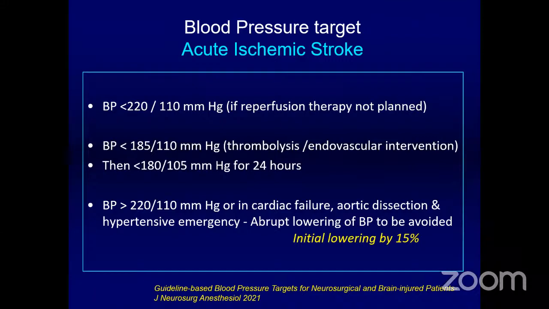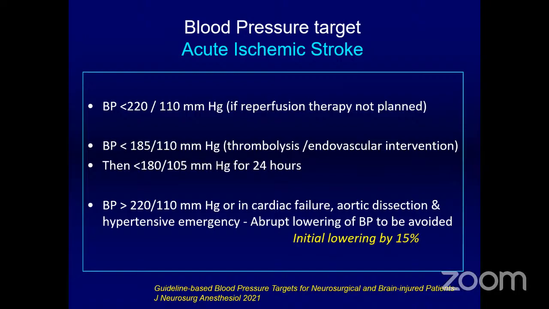So based on whatever guidelines that we have had, what is normally practiced or told is that the blood pressure should be maintained at less than 220 by 120 millimeter of mercury if reperfusion therapy is not planned. If you plan a thrombolysis or endovascular intervention, then the blood pressure should be less than 185 by 110. And once you have done this thrombolysis or endovascular intervention, then it should be brought down to less than 180 by 105 for 24 hours. Even though you find that the diastolic comes down from 110 to 105, it's not just an assumption or an arbitrary figure. So these are basically what have been taken from the studies